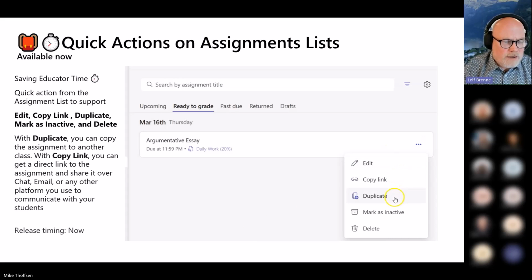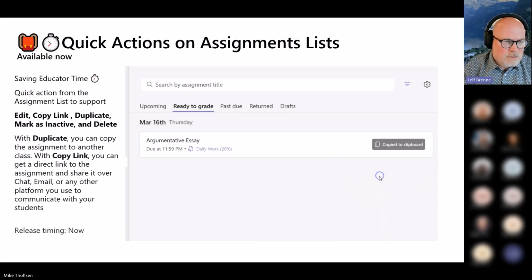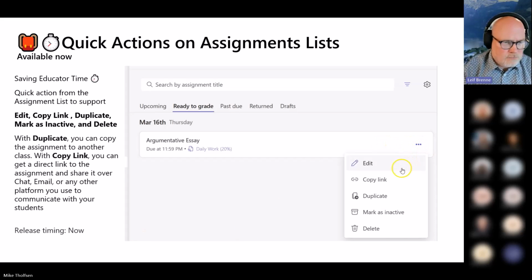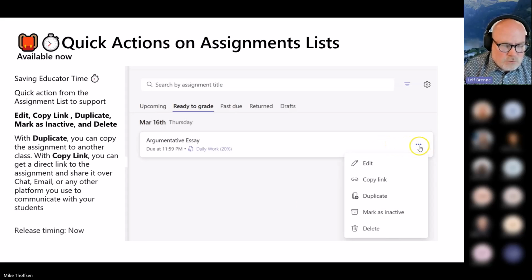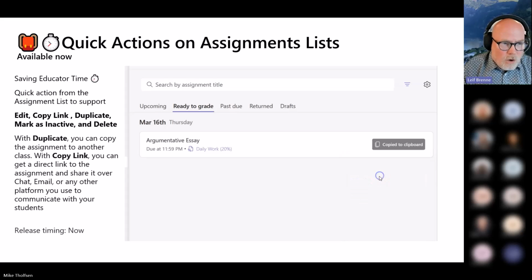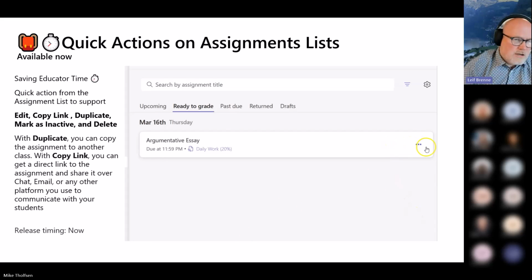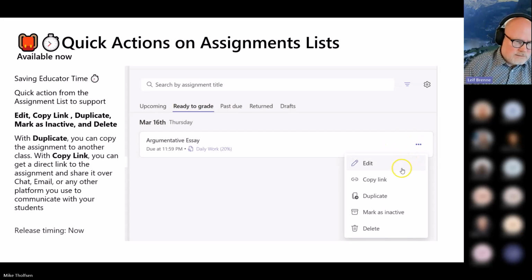So one thing we added already in the system is the quick action. A lot of teachers want to basically just find an assignment and duplicate it to another class. You can do it directly now from the quick action. You also have the ability to copy a link. That will be the link to the assignment directly, so you can put it in a chat to the students or an email to everybody else. It's going to work directly for you. Or things like mark as active or archive. All those things are now in the quick action for the assignment list itself.